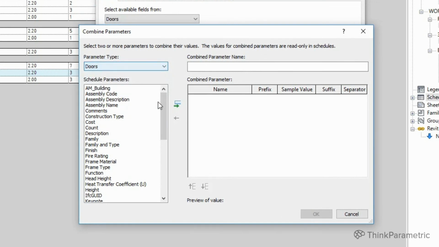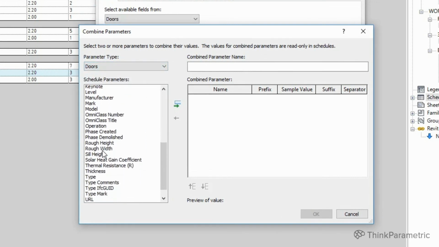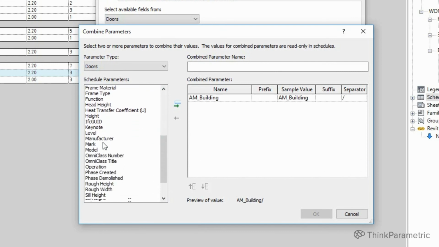It's doors for now. And we have the schedule parameters. These are all the parameters that are available to the doors. And we can put any parameter from here to this side. So for now, I want to combine the building and the type mark. Let's go to the building right here and to the type mark.